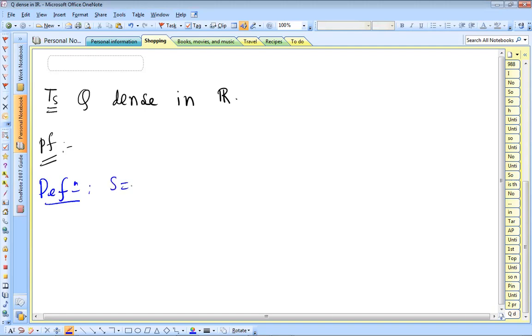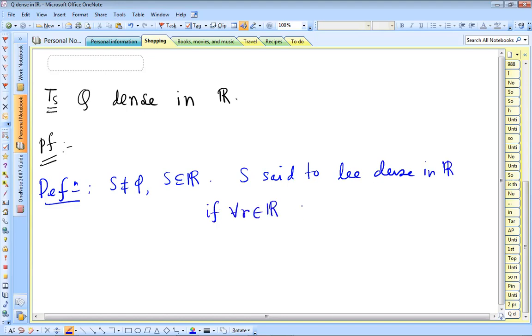Let S be a non-empty subset of R. Then S is said to be dense in R if for any real number R and for any epsilon greater than 0, there exists an element S in S such that S belongs to the open interval R minus epsilon to R